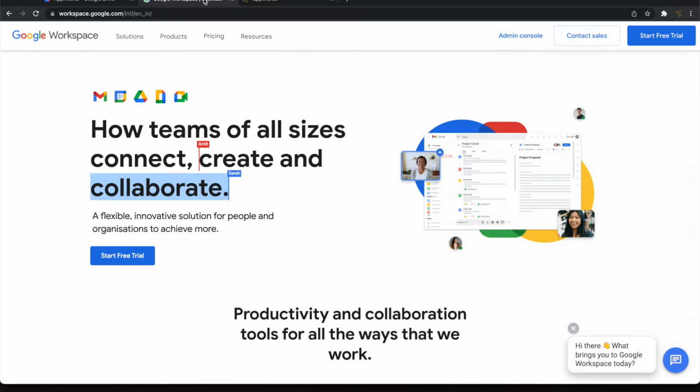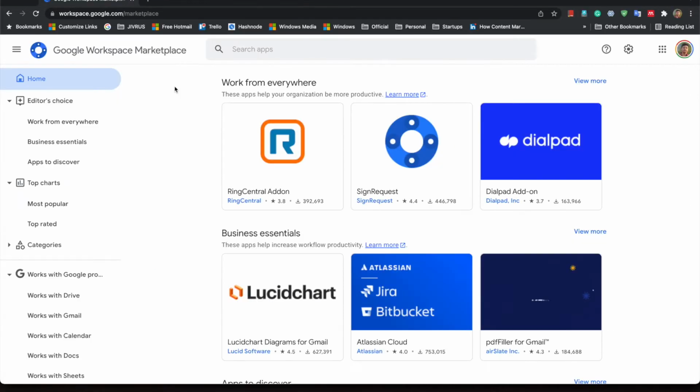AppyWorks add-on makes it possible to interact with any external applications right from Google Workspace app. For example, you can be in Google Sheets and query the contacts in HubSpot CRM and bring the results directly into Google Sheets right from Google Sheets sidebar. Let's get into a small demo to understand how this works.